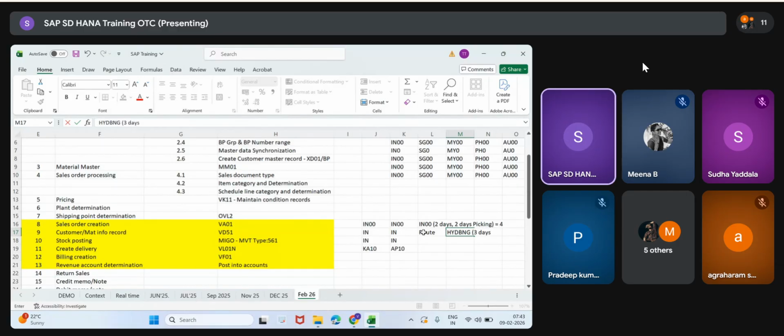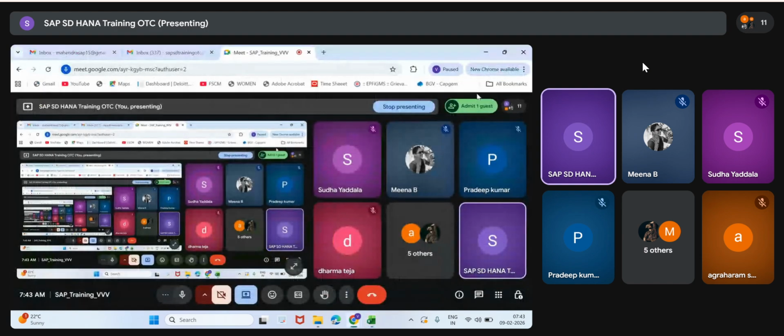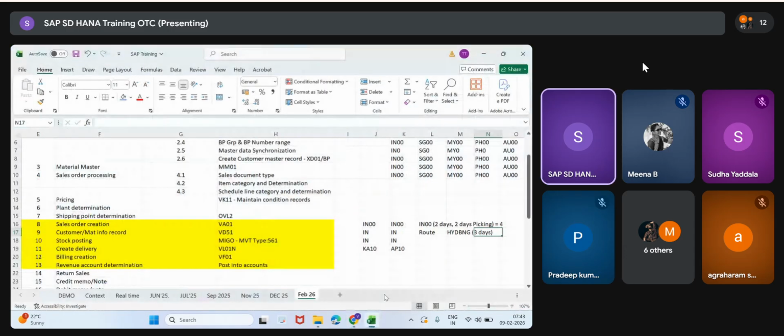This 3 days will be calculated in the sales order. So how will it happen? 4 days plus 3 days, total 7 days. So shipping is 4 days, route is 3 days, total 7 days, if you are creating a sales order through India.